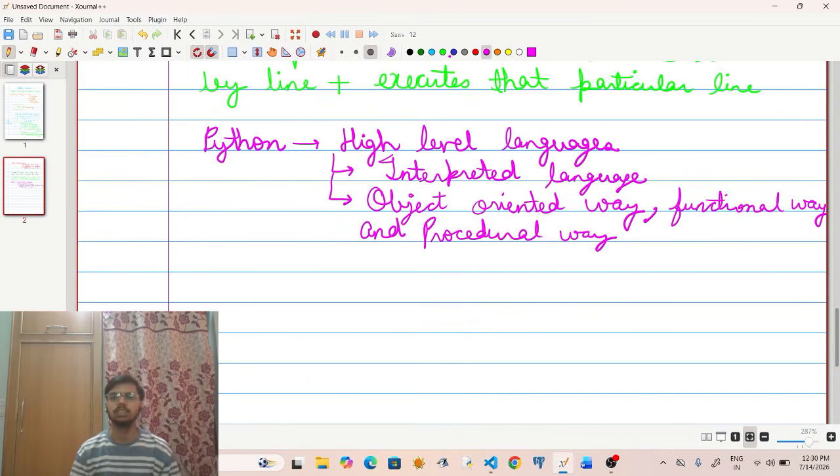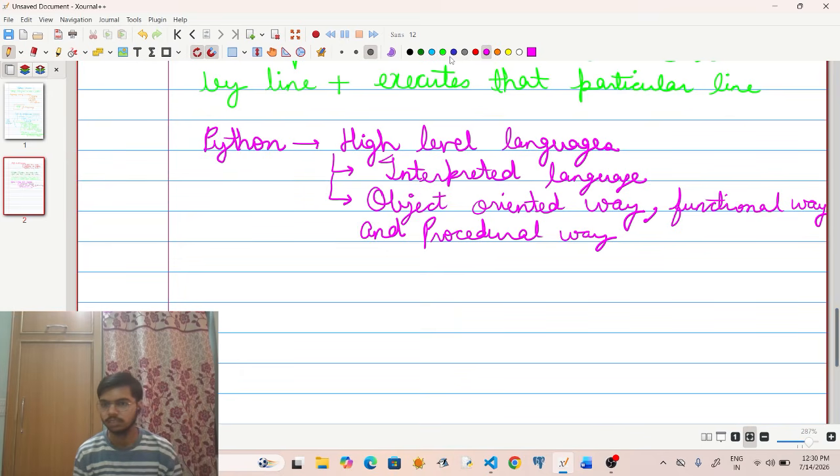You will understand these terms in the future when we will study object-oriented programming in Python. Then you will understand what exactly the object-oriented way is. Functional way you will understand, and the procedural way. In the future, you will understand these terms when we will study the functions.